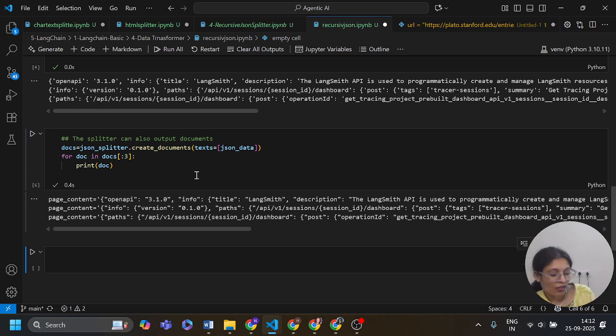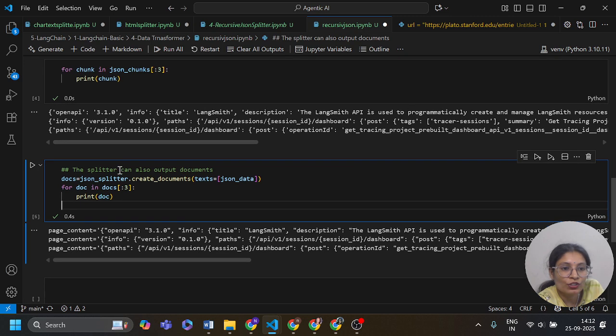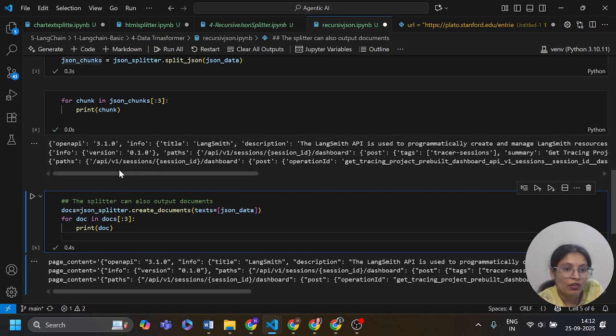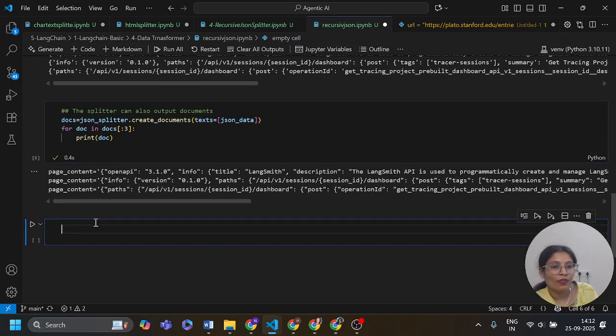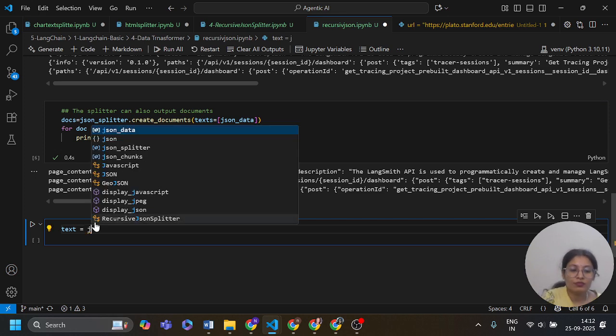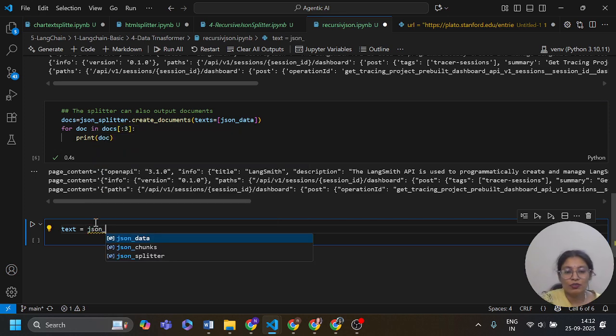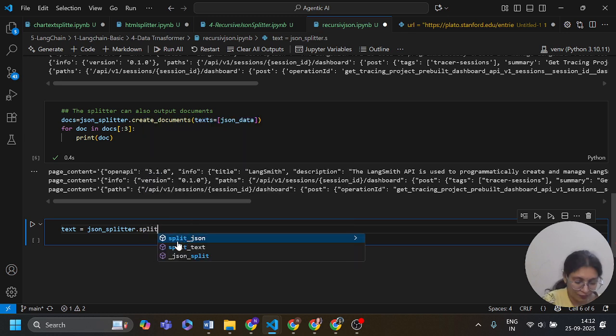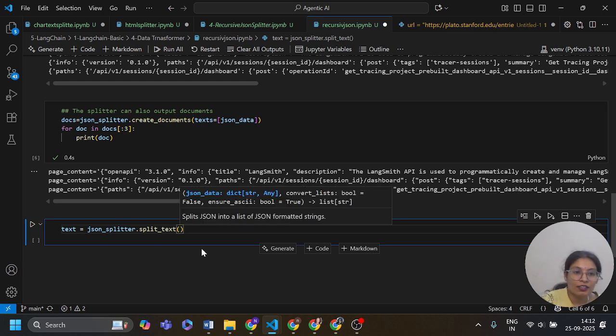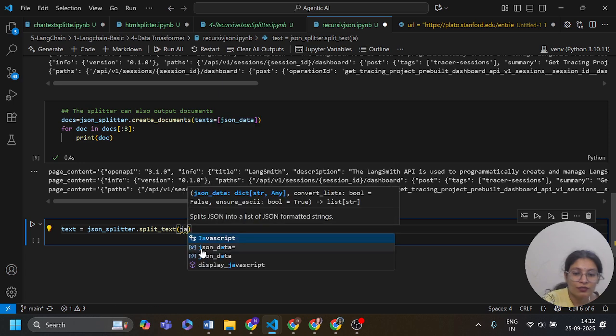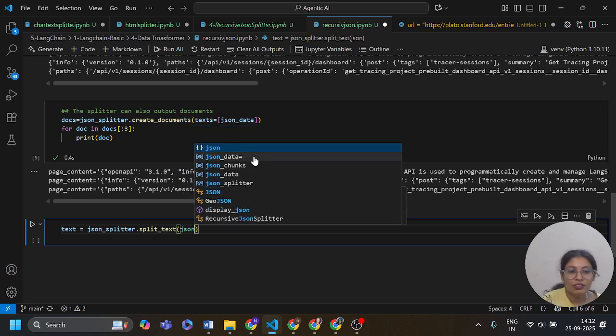So this is my output, print docs from 0 to 3. After that I need to write text equals JSON splitter dot split text, and here I am going to pass JSON data.